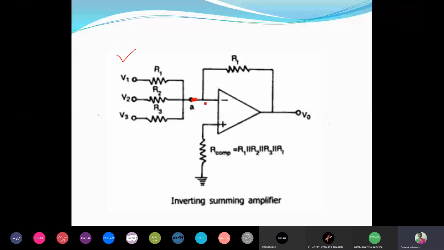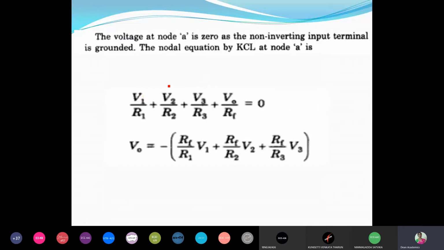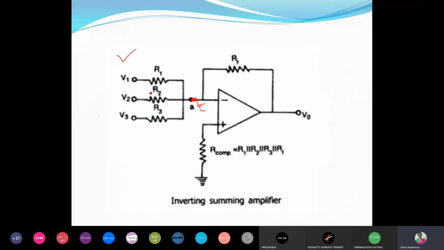Now, if this is ground, then you can consider this as a ground point, meaning it is a zero potential point. Now, what is this current? You can write V1 by R1. If there is some voltage, then we write V1 minus the voltage at VA by R1, because the other terminal is grounded. This terminal also will be like ground. Therefore, here zero potential. Therefore, V1 by R1 plus V2 by R2 plus V3 by R3